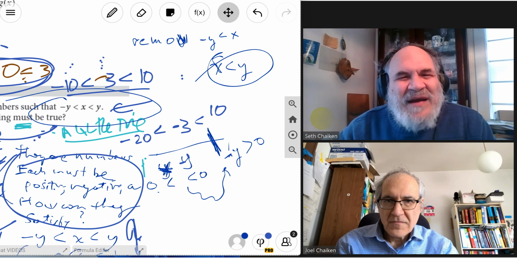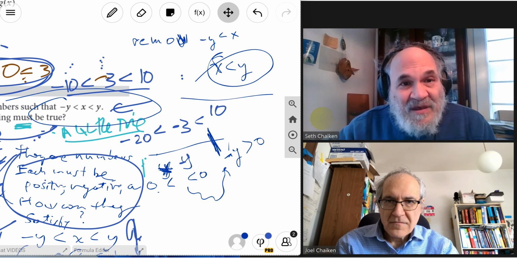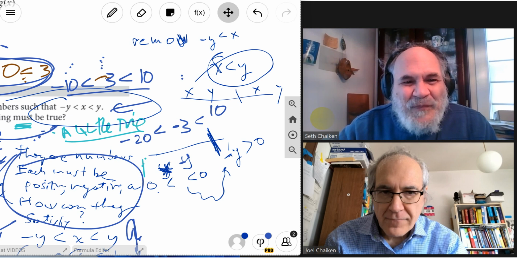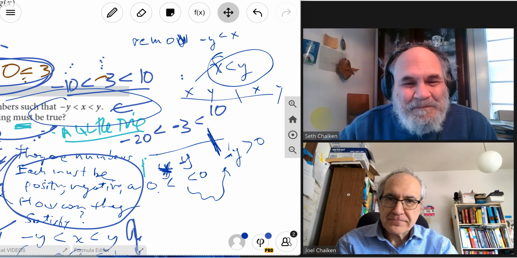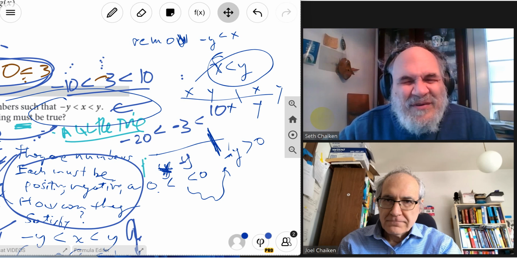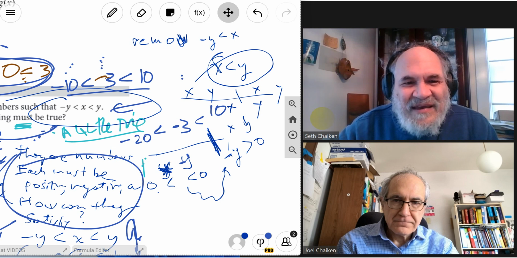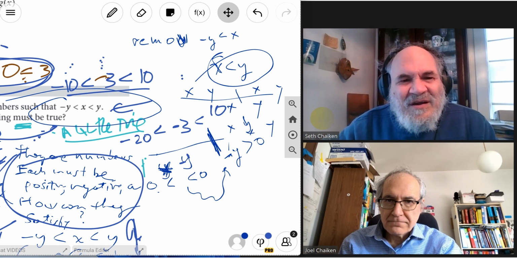One of them could be on the right. You could have, do it on the number line, x could be here and y could be here, or x could be here and y could be here, or x could be here, negative, and y could be here. And of course, another possible case is y is right on the origin, 0, and x is negative. Or x could be 0 and y is positive. All those possibilities are possible